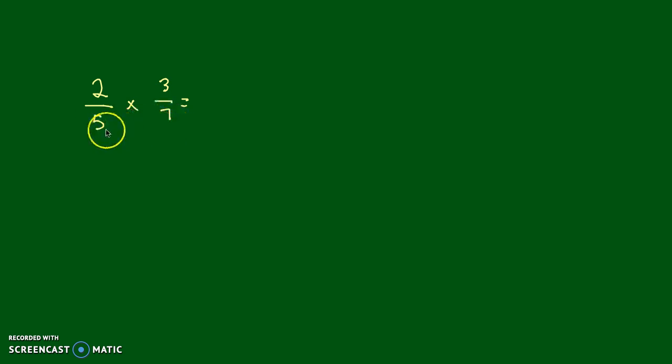For multiplication, that is not the case. So when we're thinking of 2/5 times 3/7, we could also think of it as 2 times 3 over 5 times 7,